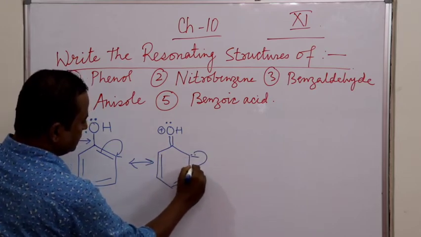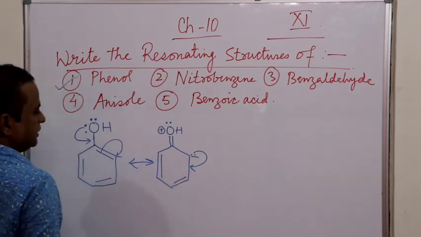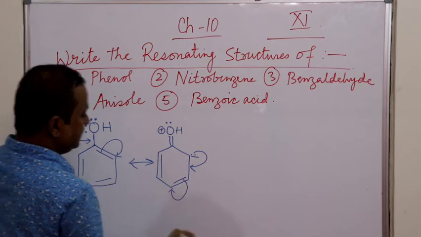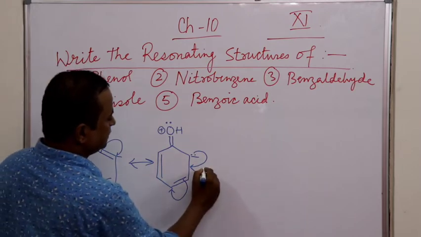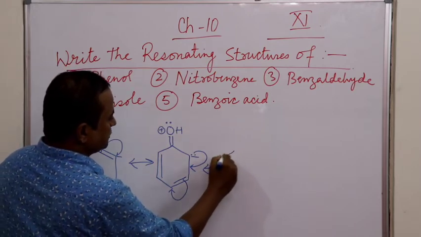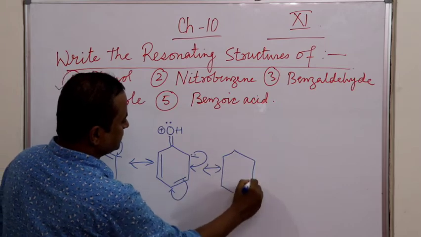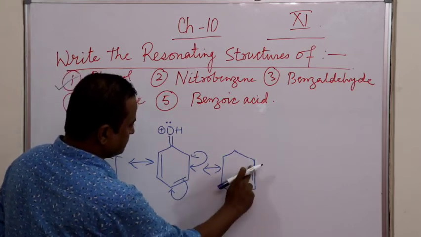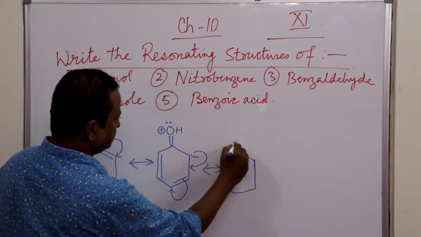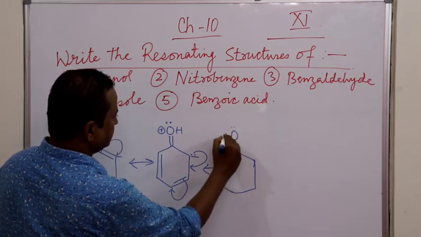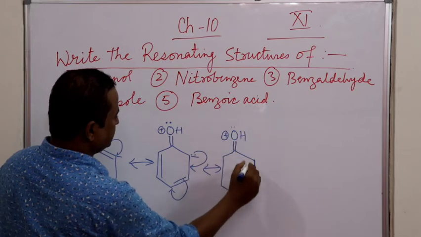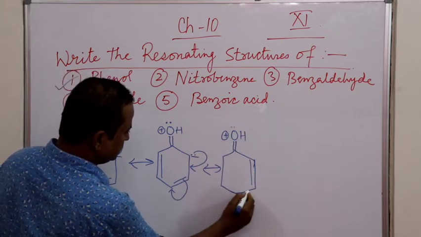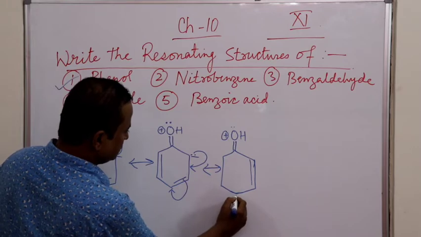This electron pair will act on the adjacent bond, and this pi electron will shift to the adjacent carbon atom. So the structure will be something like this. Same OH. A double bond will be formed here, and because it will shift to this position,